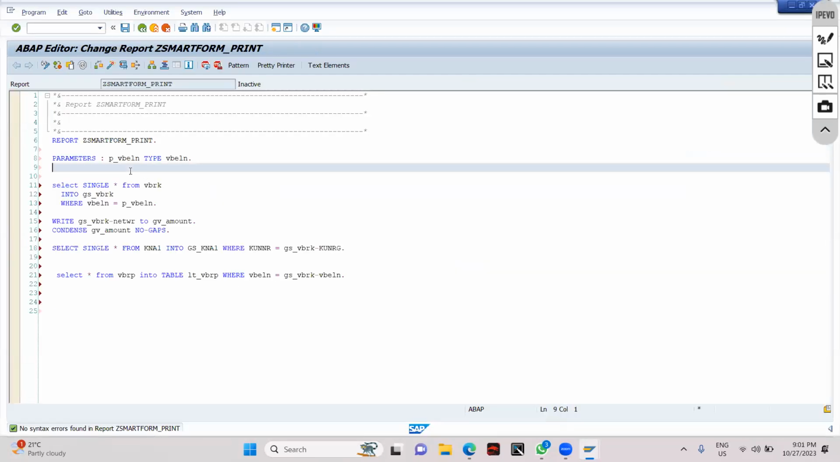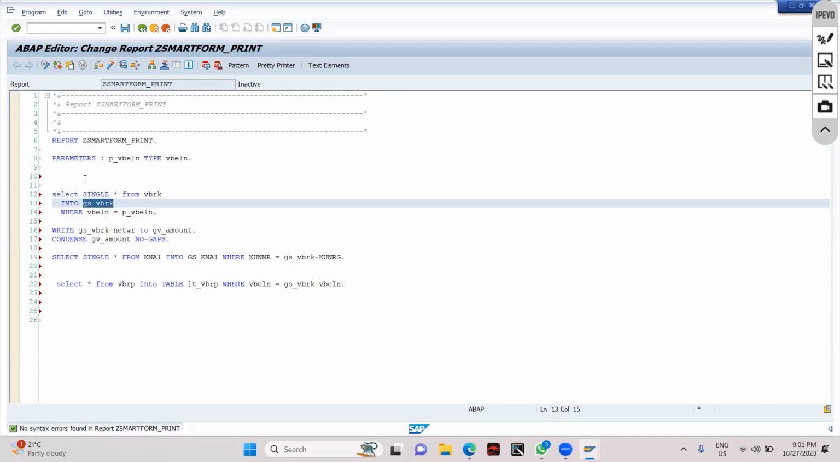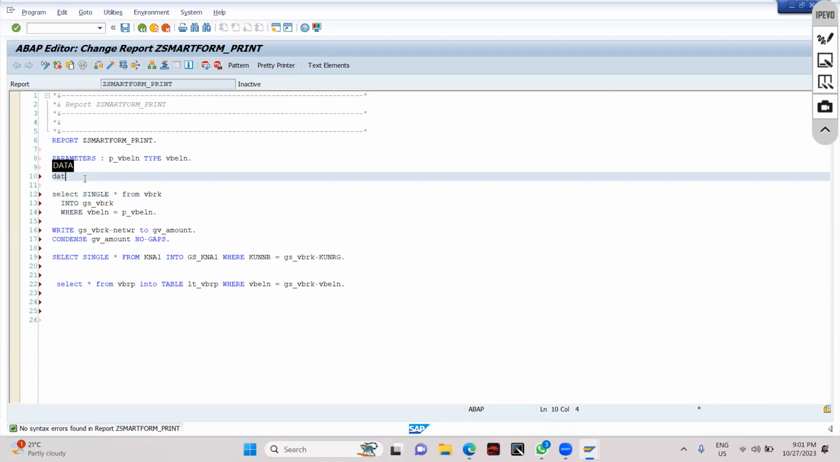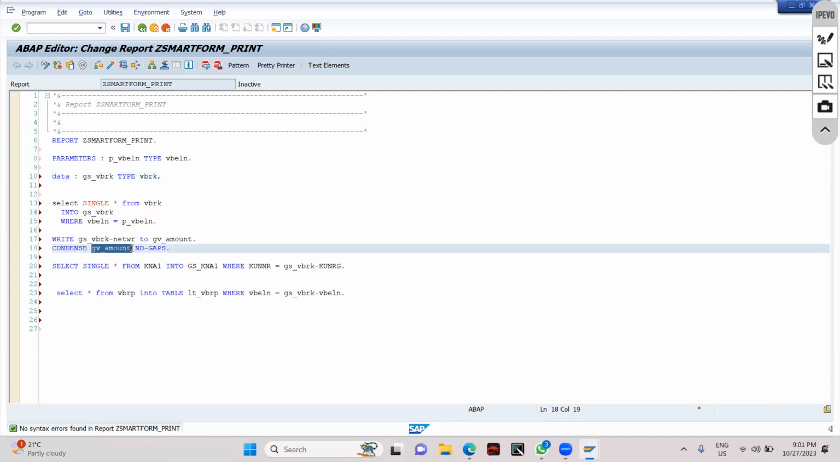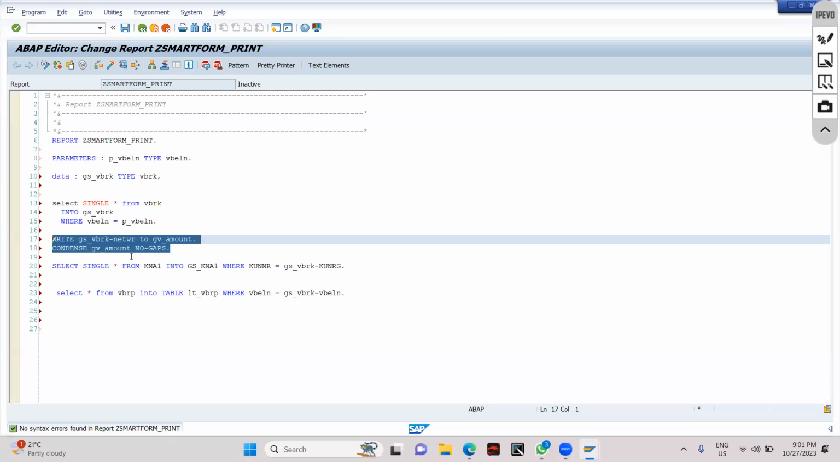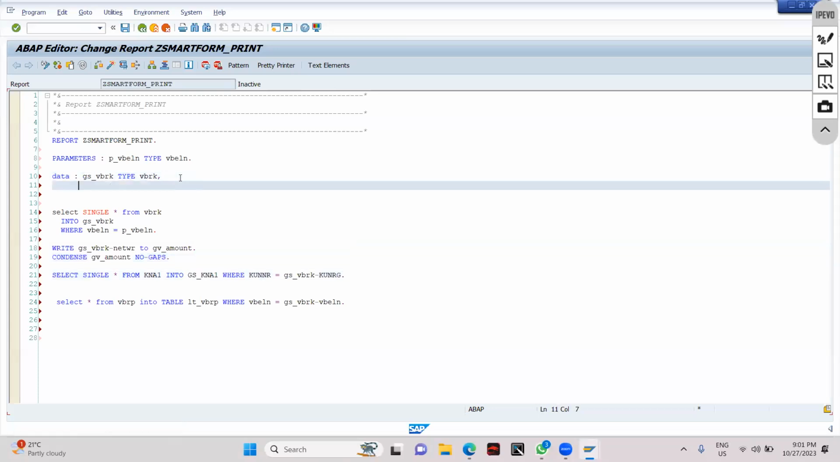Okay, and then here what we produce first, we need GSVBRK, right? So let's create one structure. So how to get the structure over here? Directly we can say GSVBRK type VBRK. Okay, then what is the next we have to use? We have GB amount, right? So that we can access there also. That's not a big problem. And what next we have GSKNA1. Okay, so GSKNA1 is type customer,